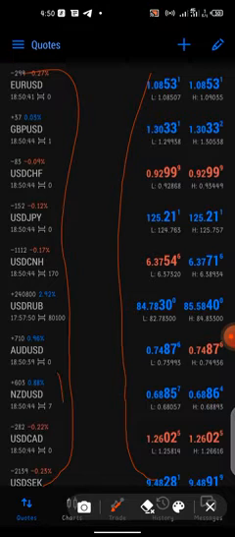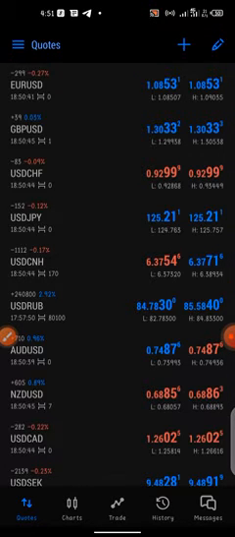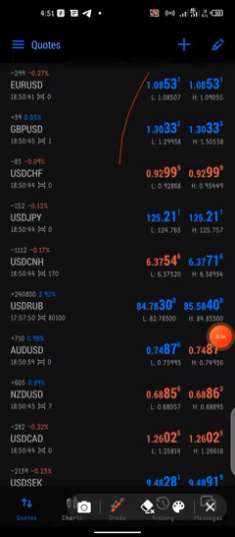So Euro USD means we are trying to trade euro in relation to USD. GBP USD. This is money spent in Great Britain versus the US dollars. You understand what I'm trying to say? So USD CHF, I believe during the theoretical aspect of the class, I will be explaining a lot more about currency pairs and a lot of things like that. So you see the numbers here. These numbers that are here,